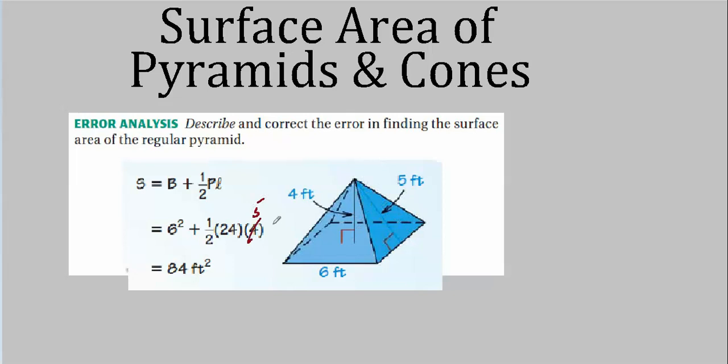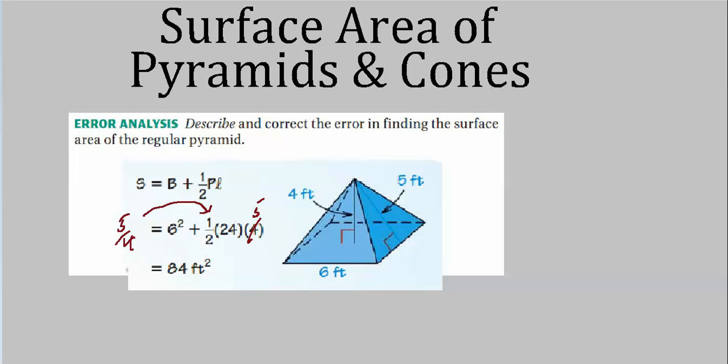Since he multiplied by 4 when he should have multiplied by 5, there's one thing we could do. Suppose, just for fun, we took this answer and multiplied it by 5/4. In other words, if we took this part here and multiplied it by 5/4, the 4's would cancel, then I'd get rid of that 4, which is erroneous, and it would get replaced by a 5. So if we take 84 and multiply it by 5/4 instead of recomputing the entire equation, that should give us the right answer also.